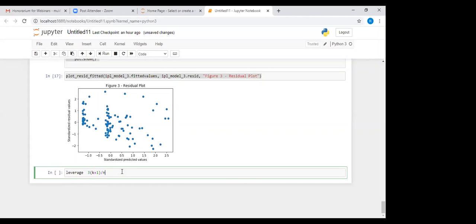If the leverage is more than this cutoff for a data point, we will consider those as highly influential observations. So for influential observations, we will use something called the leverage. Let me show the code for leverage.